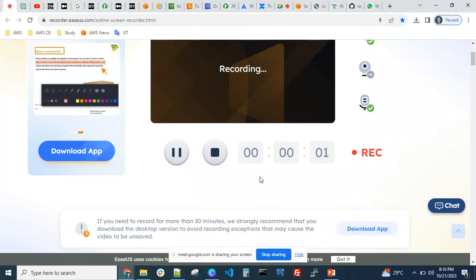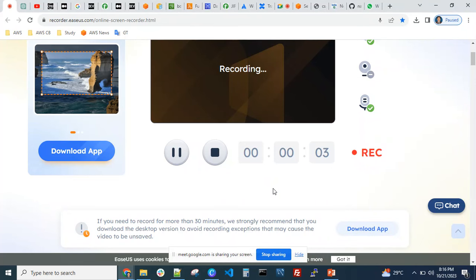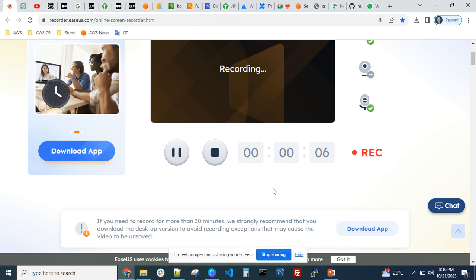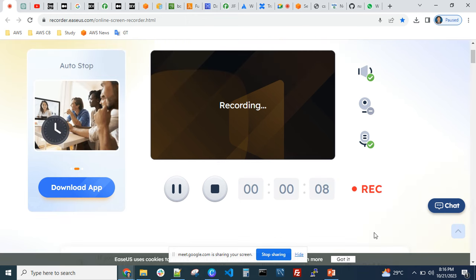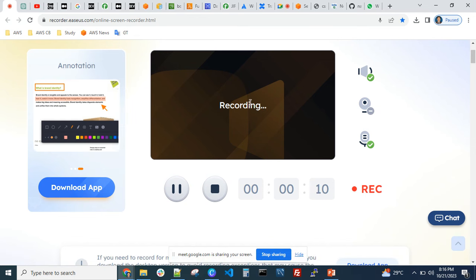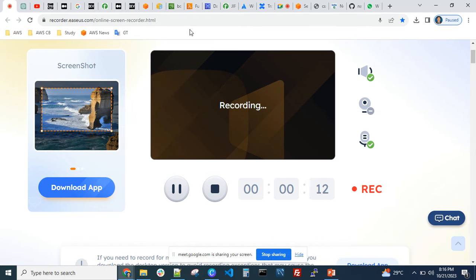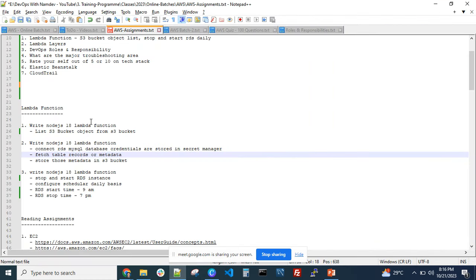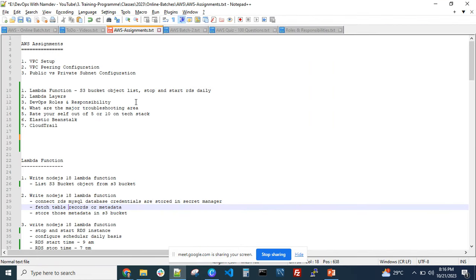So I just use Node.js, but according to your skill set, you can use Python or Node.js or something. And if there are no questions, then